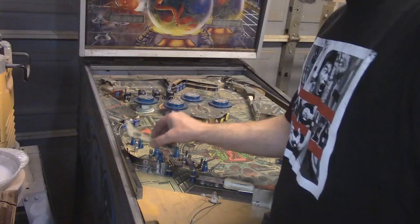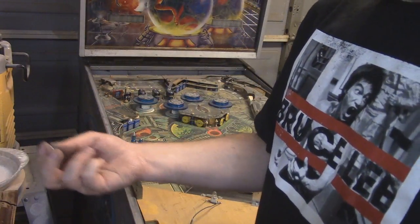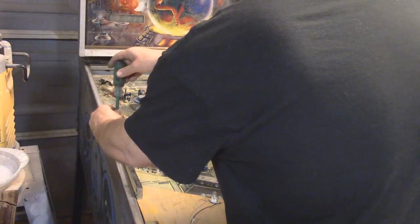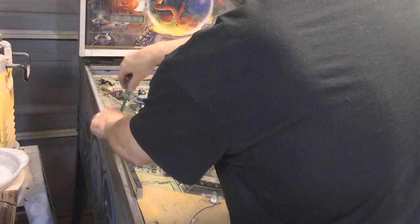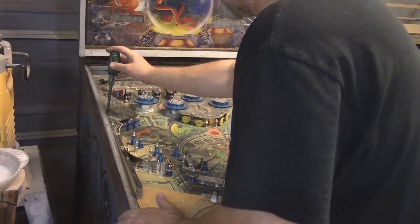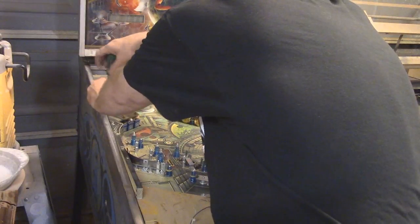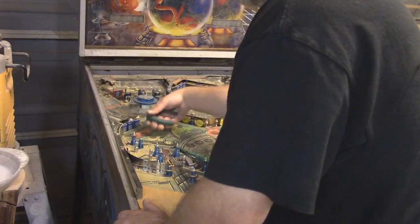So I'm removing pieces like this. The screws for it are just normal wood screws. This really is just giving me access to some of the lights right here. This right here looks like it's warped, and this has been in a shed in Arizona, so it's been temperatures going high, going low, and so I'm expecting to see some warpage on some of this plastic. I've definitely seen it, but like I said, I can fix that in the oven. I should be able to flatten it